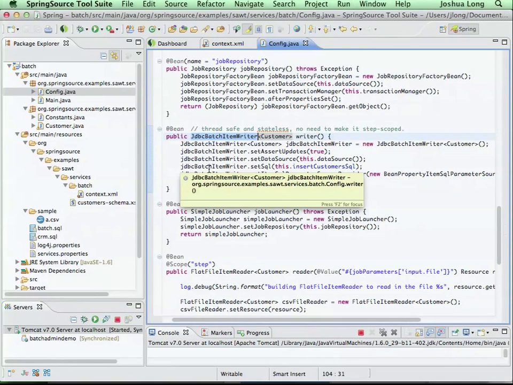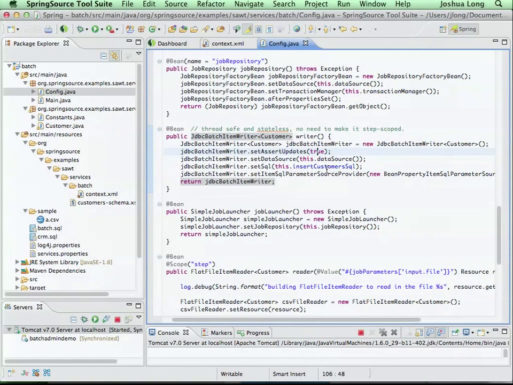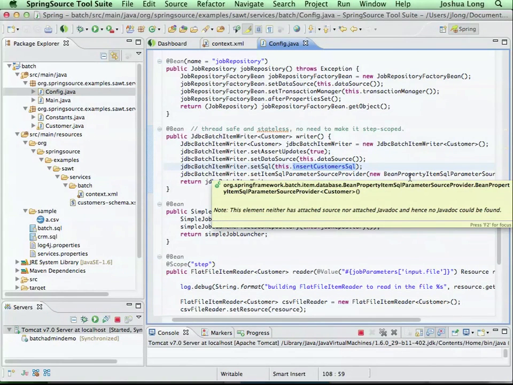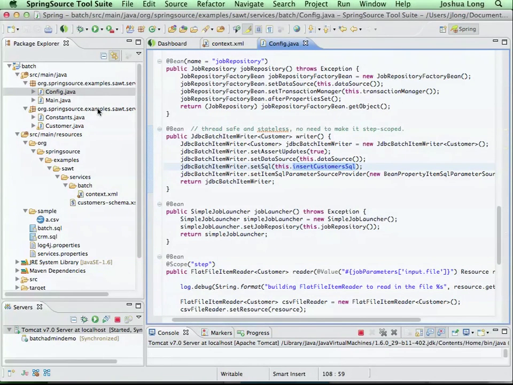for the right job. Here I'm saying I want you to use my own SQL, and I want you to use this bean property item SQL parameter source, which is going to convert a POJO into records into a table, right? So it's going to convert the first name property into a column called first name, etc. So if I run this thing,